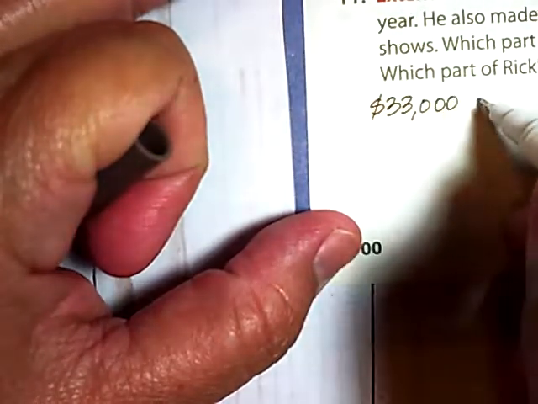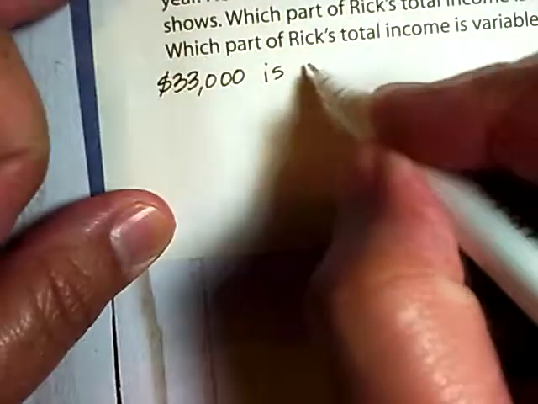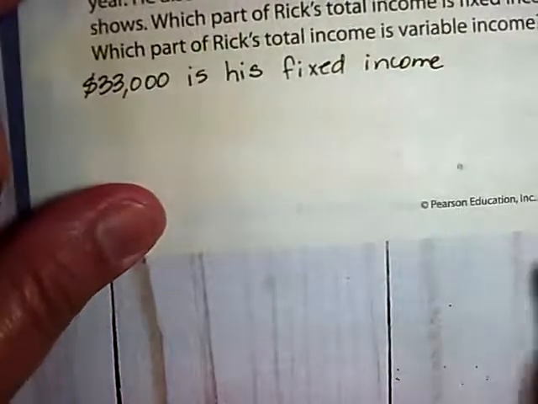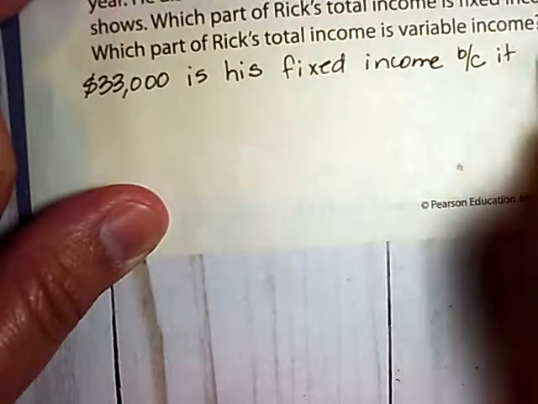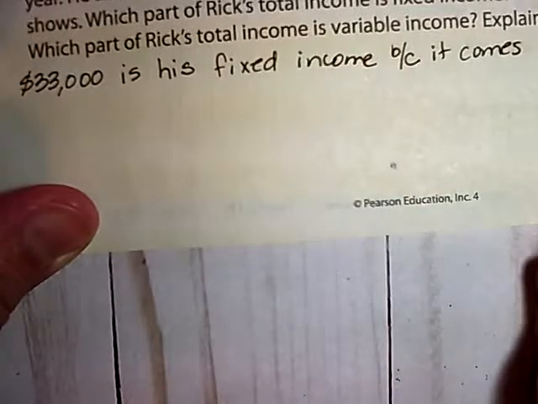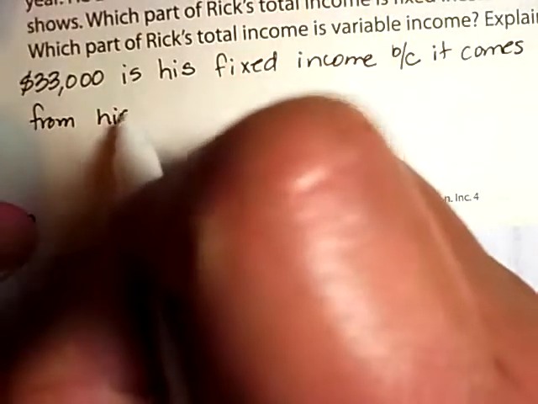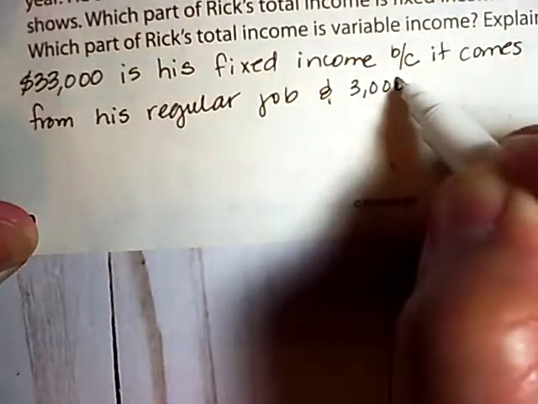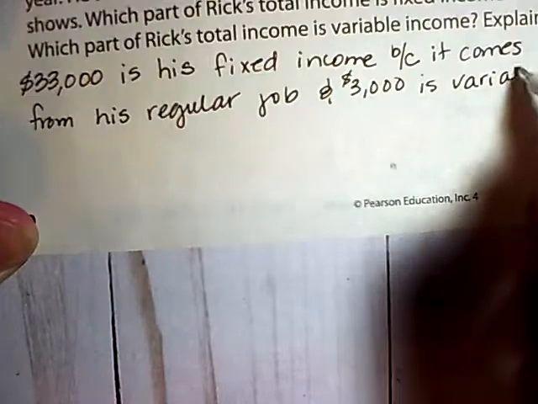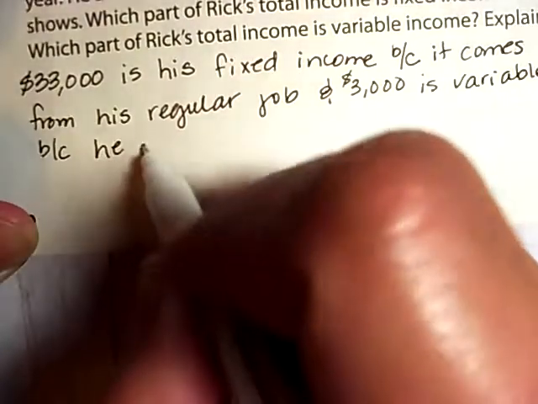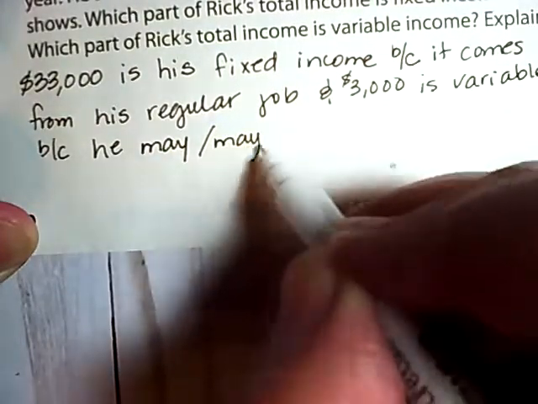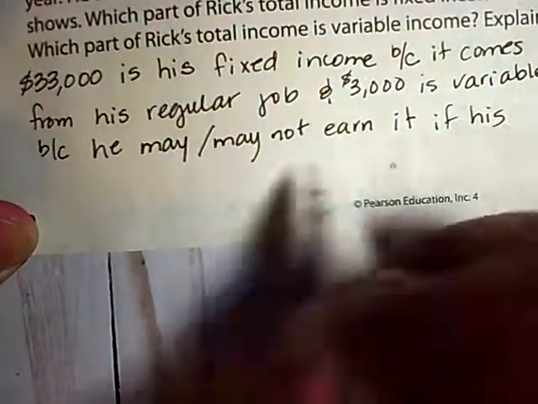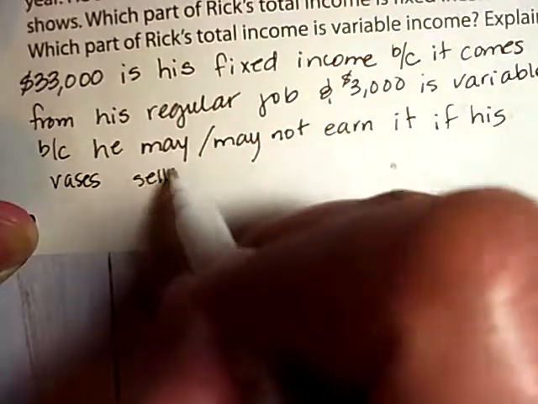$33,000 is his fixed income because it comes from his regular job, and 3,000 is variable income because he may not earn it if his vases do not sell,